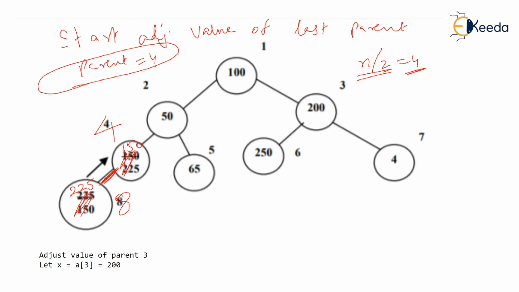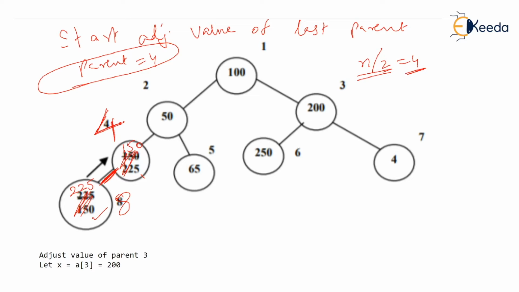So what is the procedure? So that the fourth node will have a value larger than its children. First question you ask is, hello fourth node, who is your largest child? Now, if the fourth node had 2 children, then you will check the left child value and right child value, and you will see which value is larger. So first you take the largest child among both. But the fourth node has only one child, the left child. So there is no question of checking the largest child.